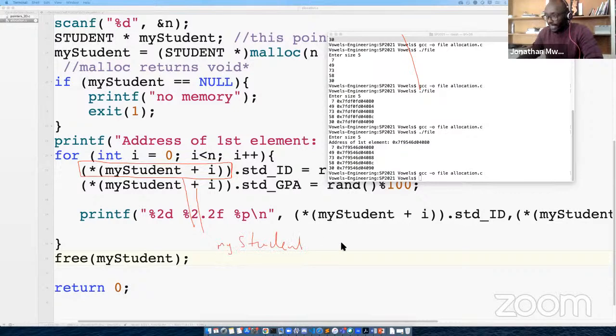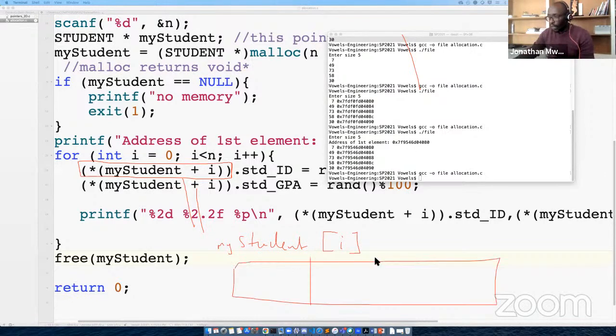at index I. But remember, if we had my student looking like a big array, and we have block 1, block 2, block 3, and block 4, each block, index 0, index 1, index 2, index 3, each of them is also divided into the ID and the GPA.